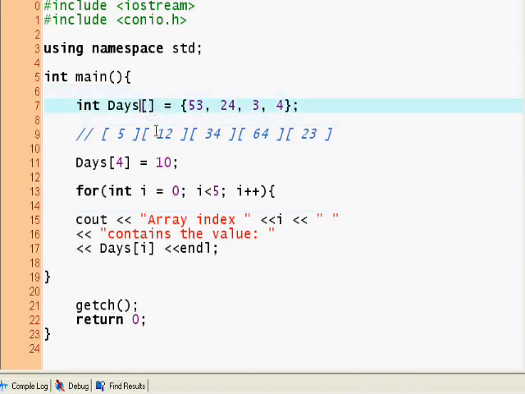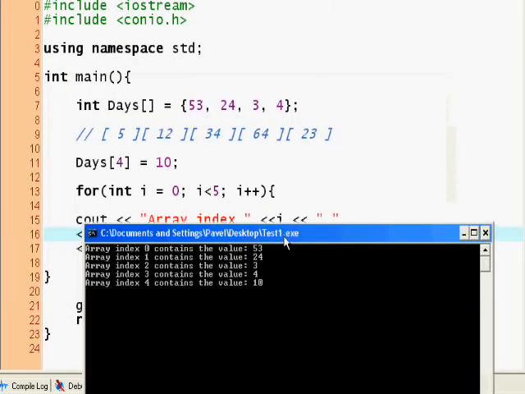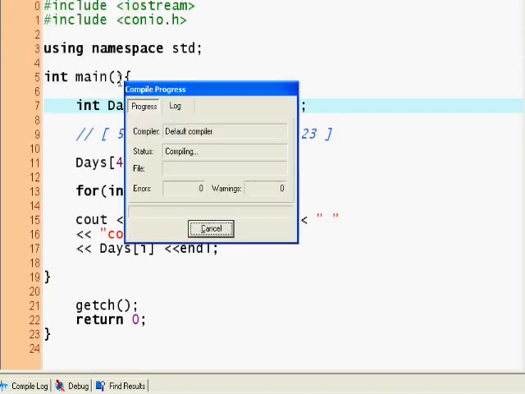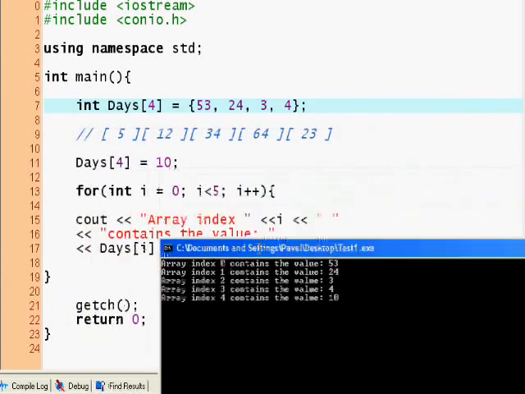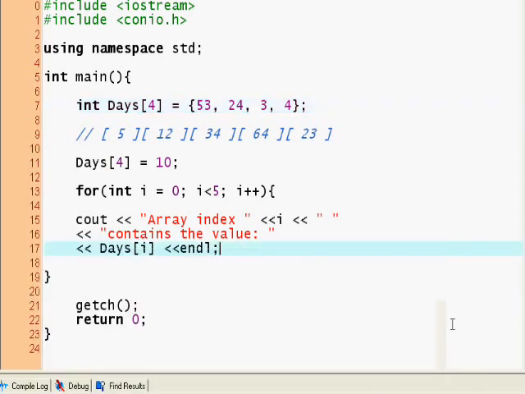So actually the 5th element will be random and it will not be pretty. Oh no, I initialized the 4th element of the days array to 10, but the 4th element actually doesn't exist. That's kind of weird, how arrays work actually: even though days 4 does not belong to this int days array, you can still initialize it and it will still show up as the array index 4. So anyways, with me talking so much,